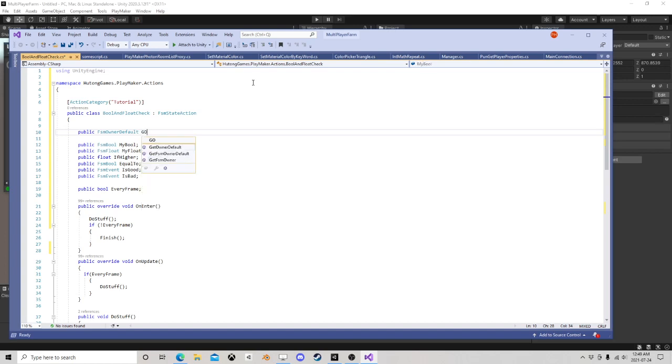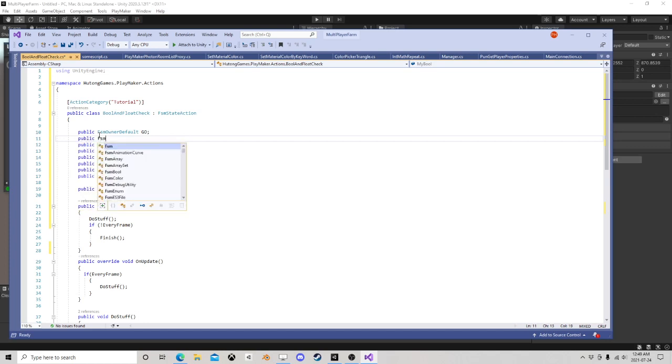We'll just call it Geo, whatever. So this one's a little different than a normal FSM game object, right? So you have, this is just a variable of a game object type, but this owner default